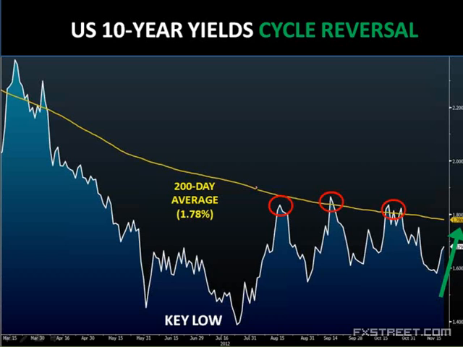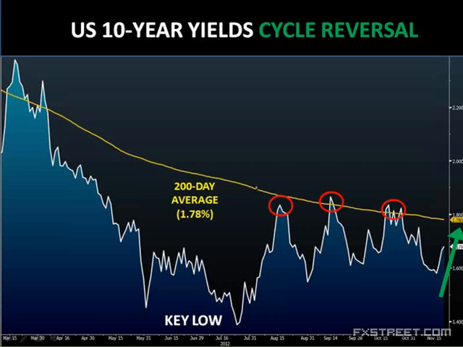So keep in mind that on the chart here of US 10-year yields, the 200-week average is key at 178. We have on 3 occasions attempted to break above the 200-week average, and we haven't. We failed. Now that is generally a negative signal, but we are still holding ground within this kind of range price activity. And I believe that if we do retest the 200-week average and break above, that'll be a major bullish signal for US long-term rates.